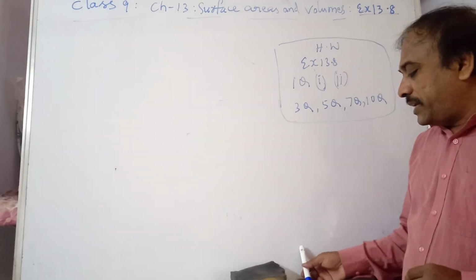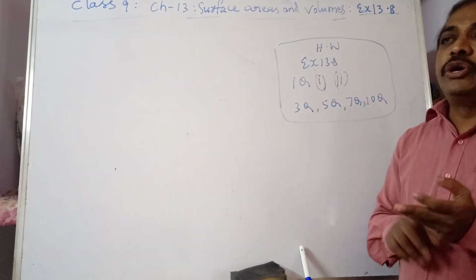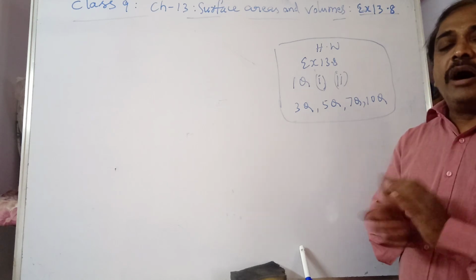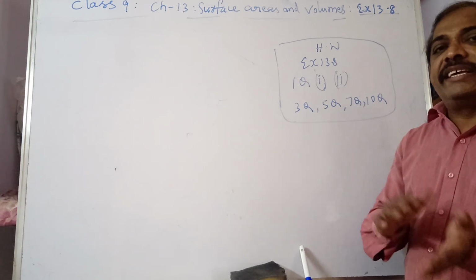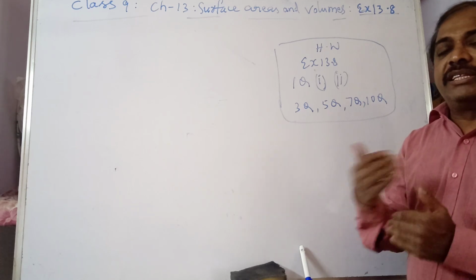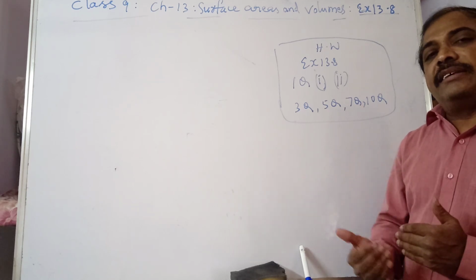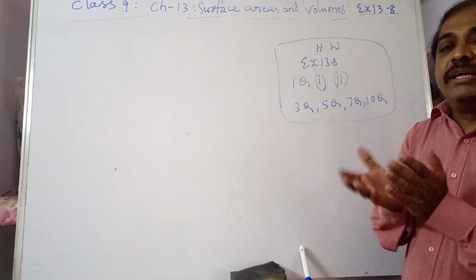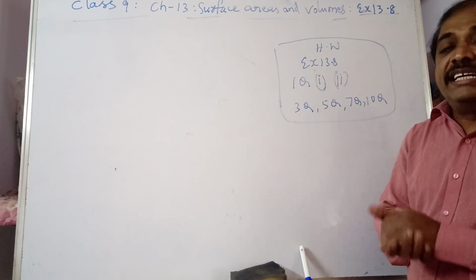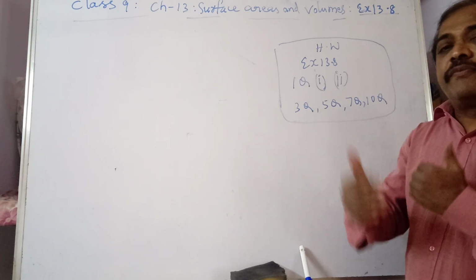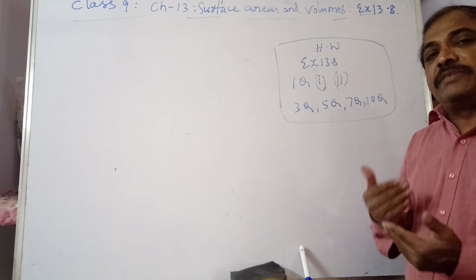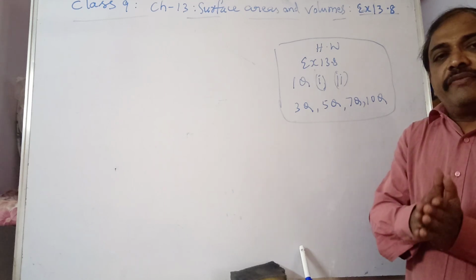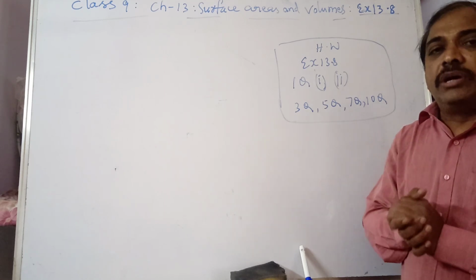So in this chapter we have discussed all these solid shapes: cube, cuboid, cylinder, cone, sphere and hemisphere, their surface areas, TSA, CSA or LSA, whatever name we have given, and their volumes. The volume also gives capacity; after finding the volume, if capacity is in liters, then we convert into liters. So the complete chapter we have discussed all the surface areas and volumes of the solid shapes.